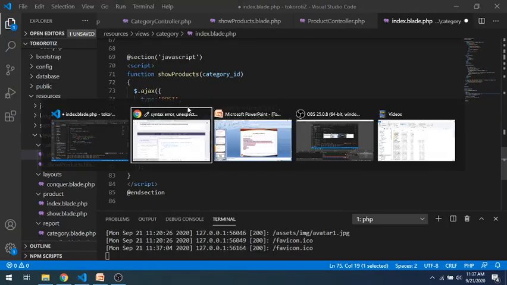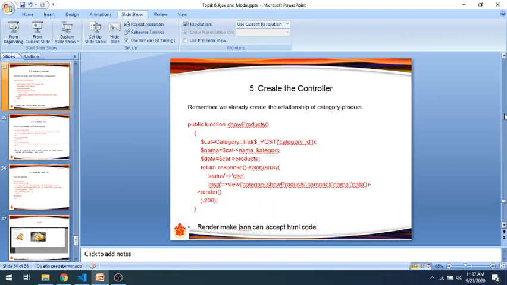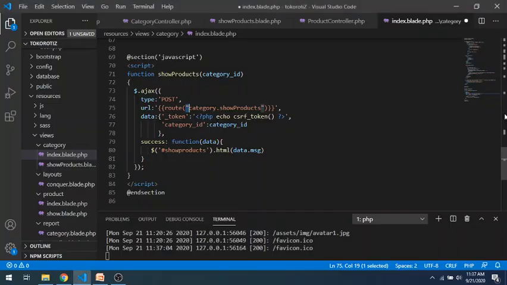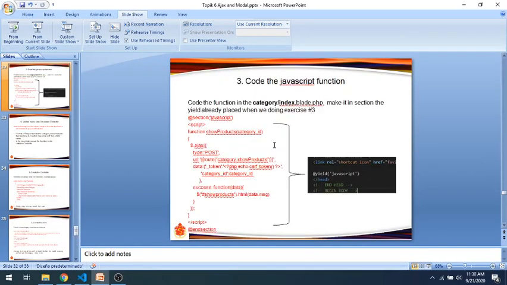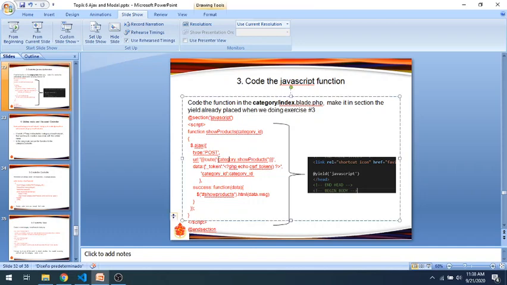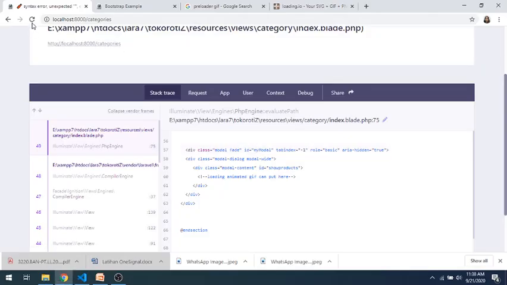Okay, so for product, we have to update the port. So the product route, this one. Okay, next, check it again.